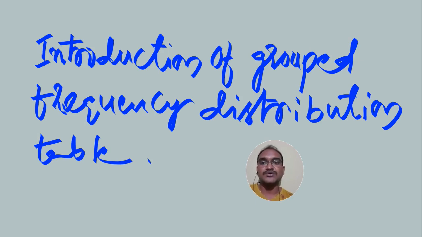In this video I am going to explain how to construct the grouped frequency distribution tables, and while preparing those tables we need to learn a few things about them. The terminology is different: class intervals, boundaries, limits, class marks. How can we convert the data into class intervals? Many things we are going to learn in this video.